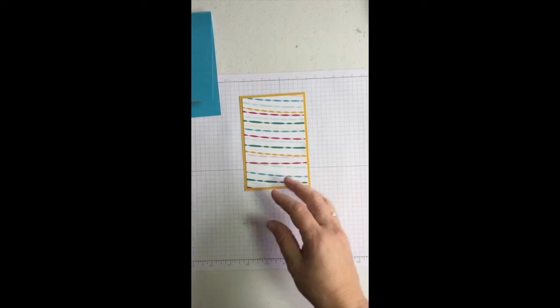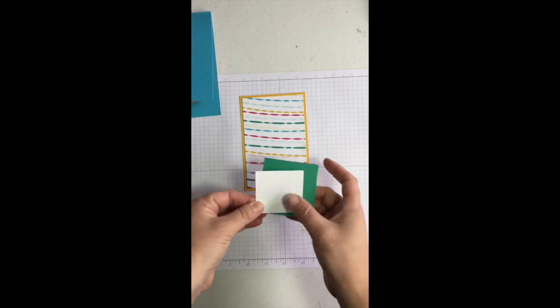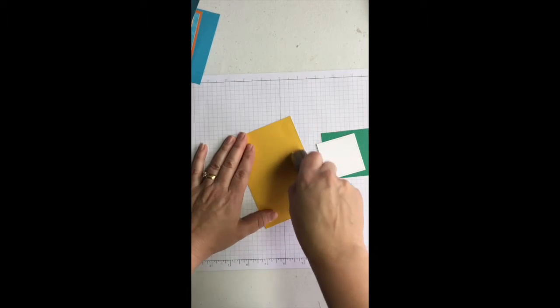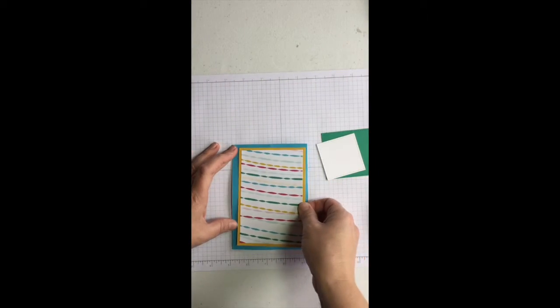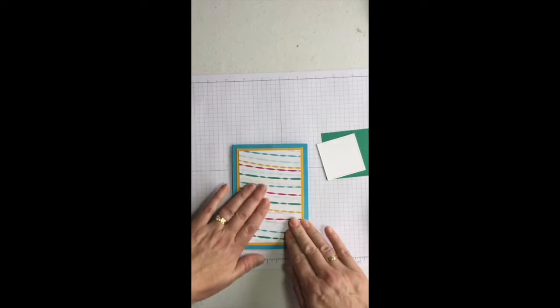And then all I've done is I've used our Stitched Shapes framelets. If you missed out on these, don't panic. They will be back in the next annual catalogue, which doesn't come out until June 1st, but it will be there. So I'm going to pop this piece on the front here. Just center it up and pop it on,